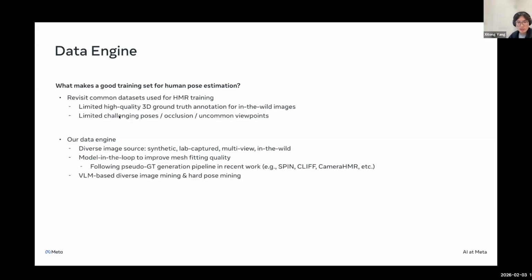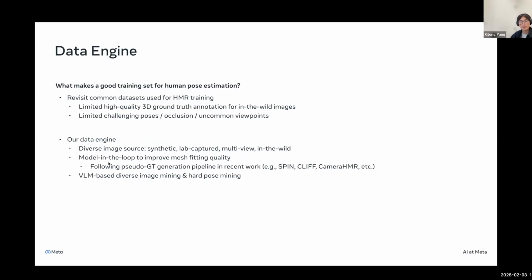So that's our principle for designing our data engine. We would like to include images from diverse image sources. We have synthetic data, we have lab captured data. We also have lots of multi-view datasets that we do mesh fitting on. And for sure, we also have in-the-wild images from the SA-1B dataset.